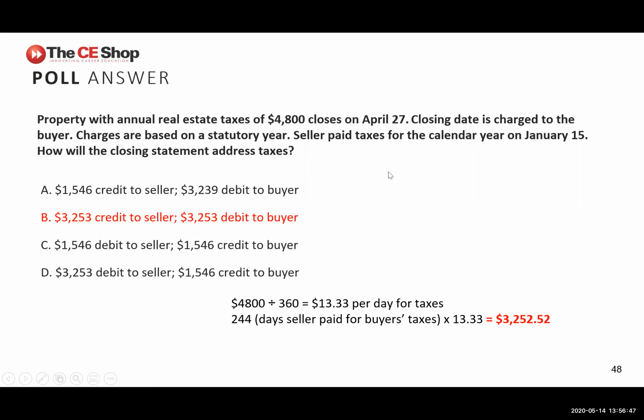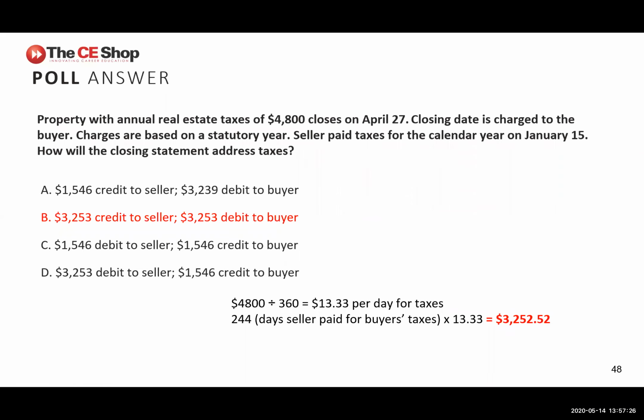Now, for the people that are not math people and want shortcuts, this is basically an accounting entry of debit and credit. Coming out the gate, A is going to be wrong and D is going to be wrong because the debit and the credit amounts need to be the same. You're being told that the seller has already paid the taxes for the calendar year. So if it's closing on April 27th,